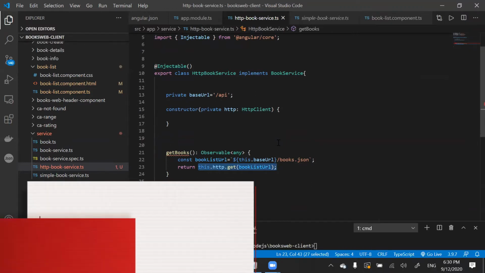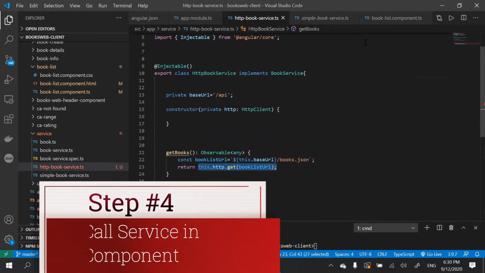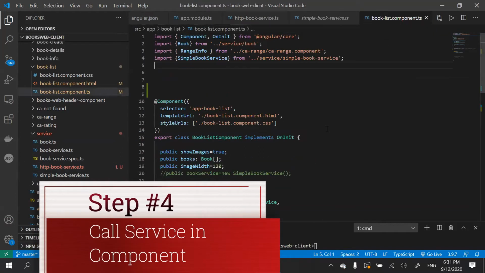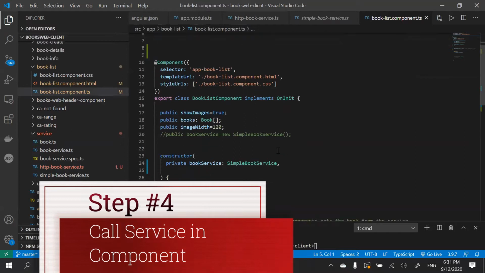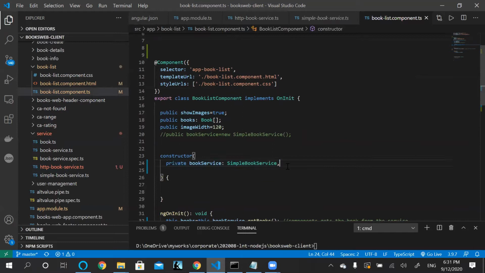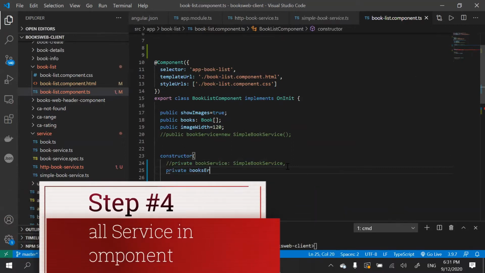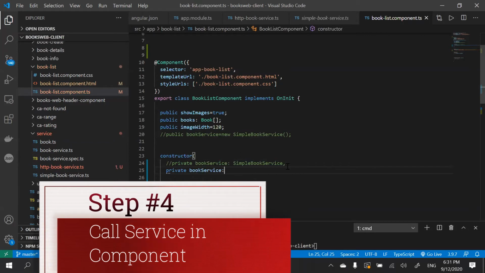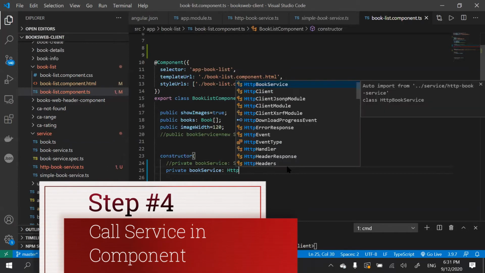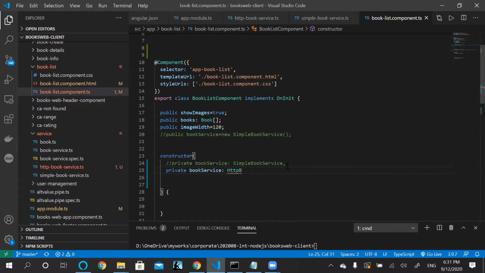Now it's time that we go to book list component and use this service rather than the book service which we have here. So we can come and remove the old injection by adding private book service is equal to HTTP book service.